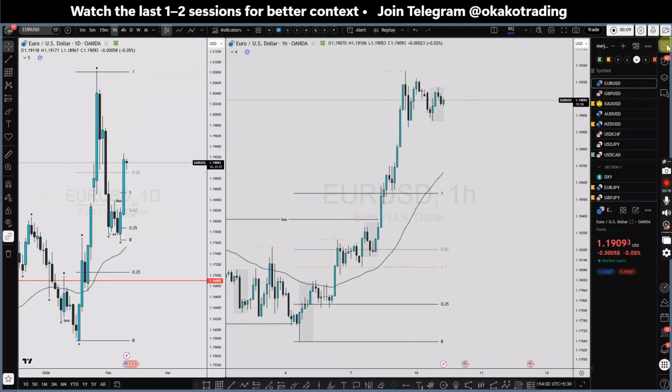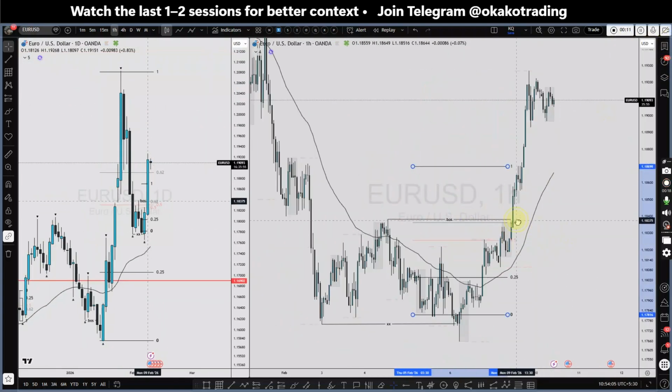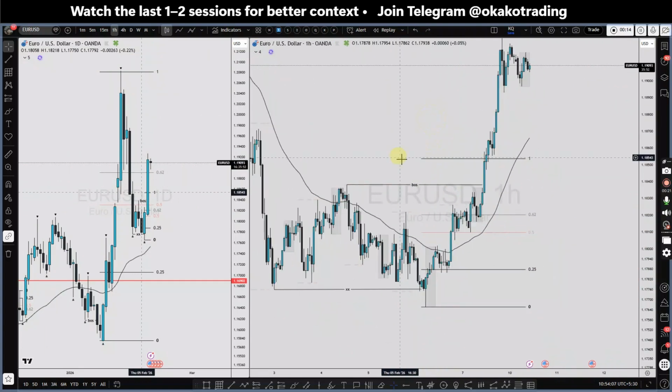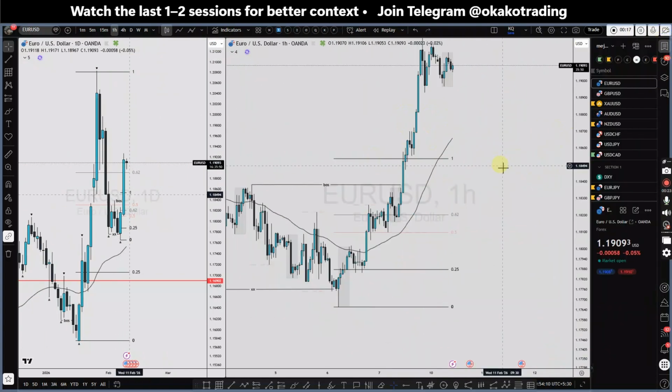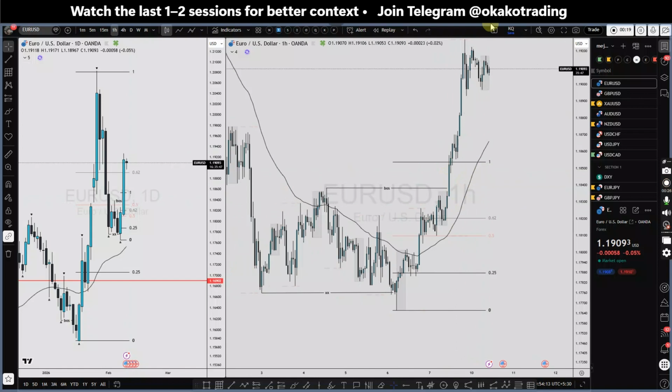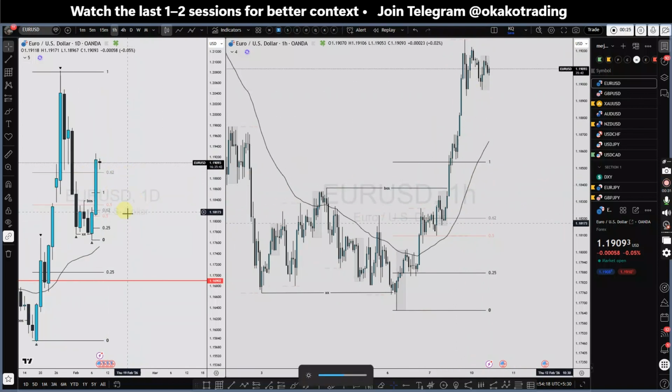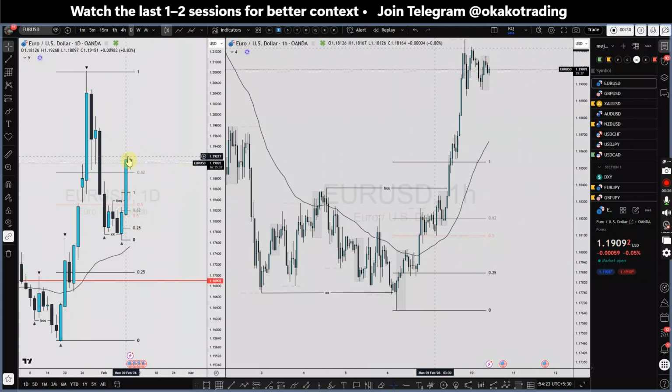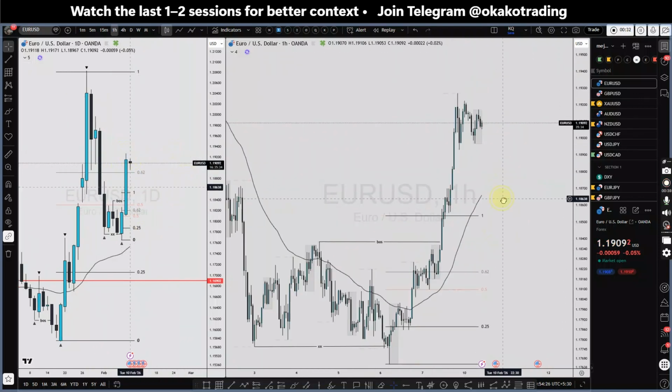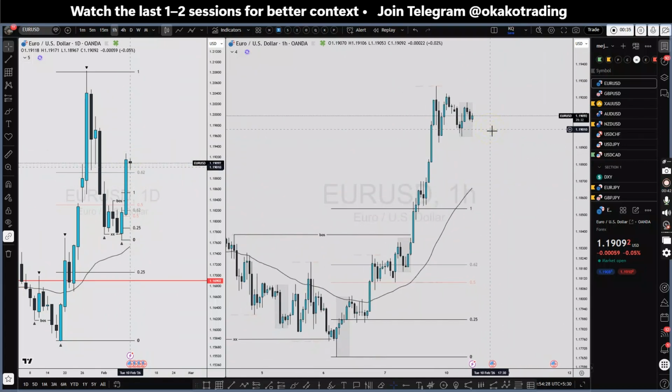Good morning. Okay, we were planning for long in Euro USD, but right now we are very extended towards upside. The daily bias is bullish, and we're currently beautifully bouncing from discounted level. We're currently above 38.2. It's highly possible that we're going to trade above this high today, but right now I don't have any setup in swing trading perspective.